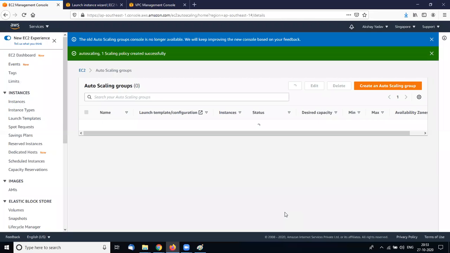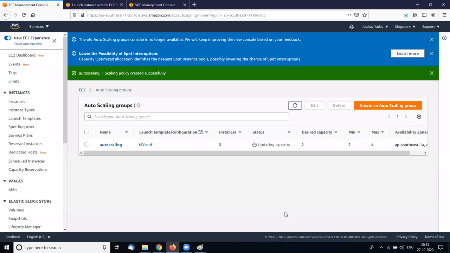I selected three subnets in my auto scaling group, so my instances will be launched in two different availability zones and two different subnets.